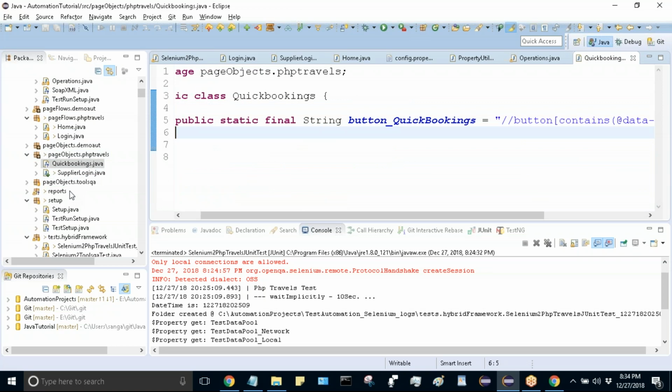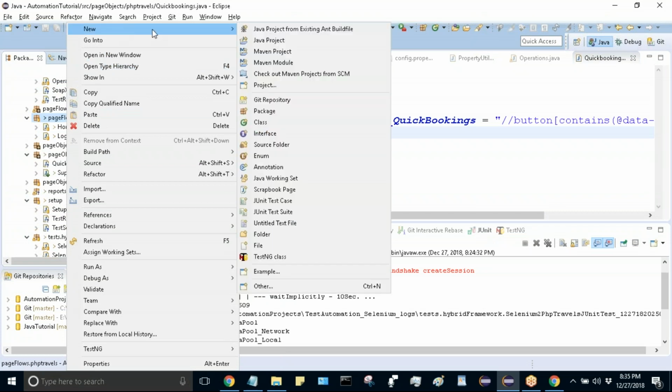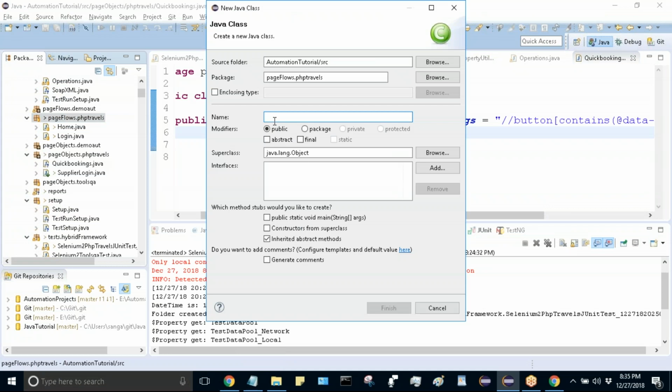So all we need to do is automate this page. We just captured this export and stored it in page objects. Now go to the page flows. Okay, so we have home and login, and now we are going to create a new class. The shortcut to create a class is Control N. Then select class. Good. Okay, so let's call this